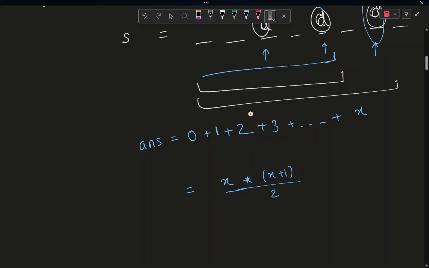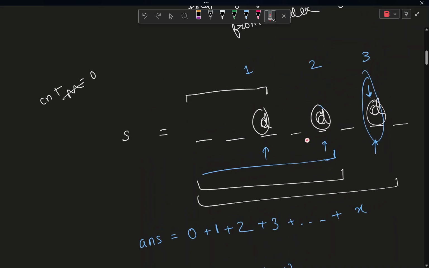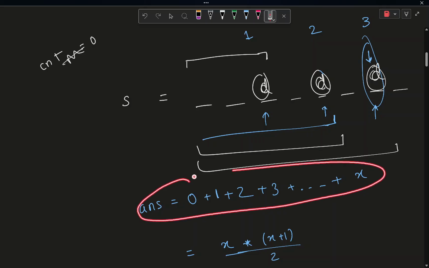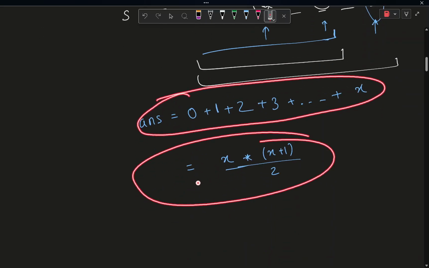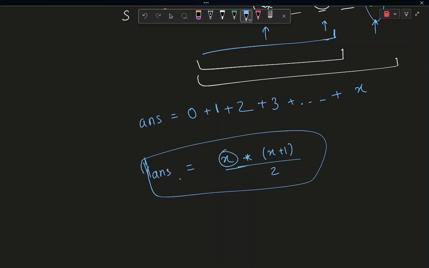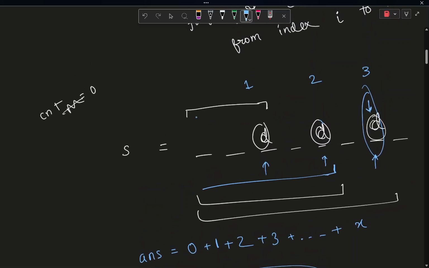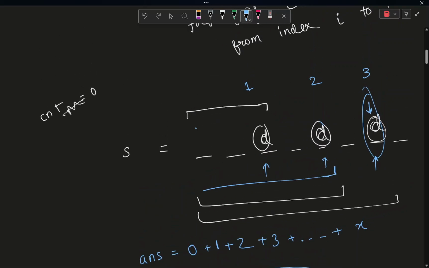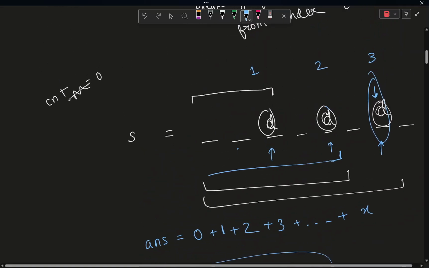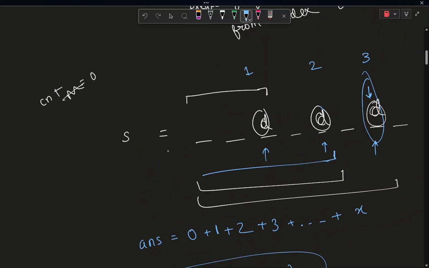For now, in the problem which we have got, we saw that we just got a really good pattern from which we found the answer directly. Here you just have to find the value of X, and from there you can say your answer is equal to X into X plus 1 by 2. In the other way, I'm just giving you some hints; this is also a standard problem. You will probably get some good solutions online about it,